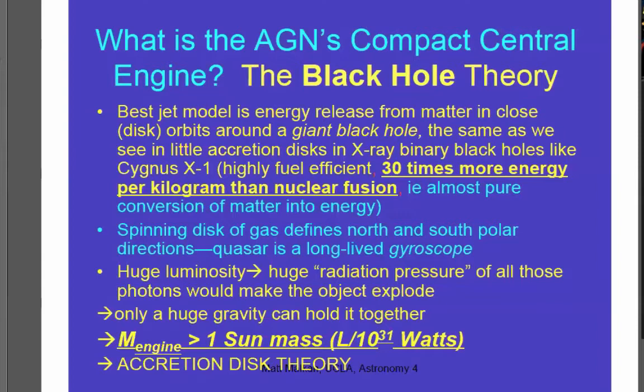How hot? Tens of thousands of degrees, 50,000 degrees, 100,000 degrees. In some cases, in the inner parts where things are going really fast, it could get up to hundreds of thousands. It causes it to radiate, actually black body radiation. Now, the reason this theory was strongly considered is because it was first applied to stellar black hole systems, which definitely have an accretion disk, like Cygnus X-1.